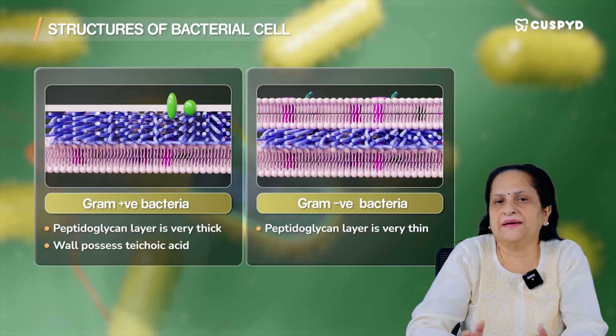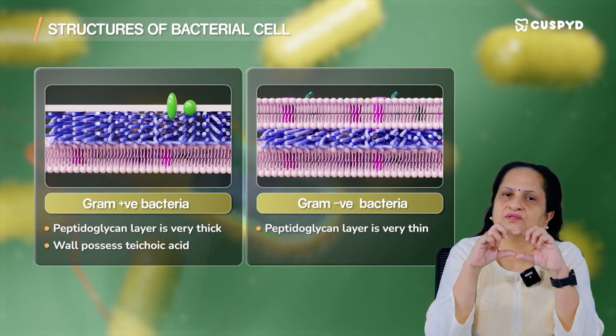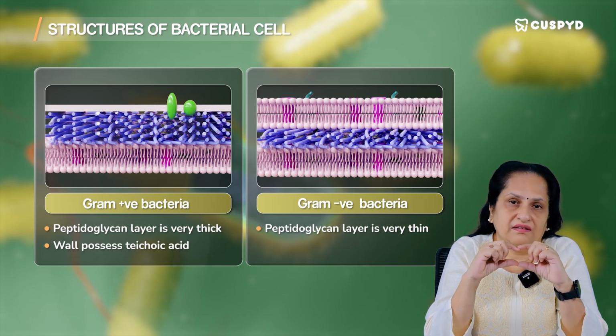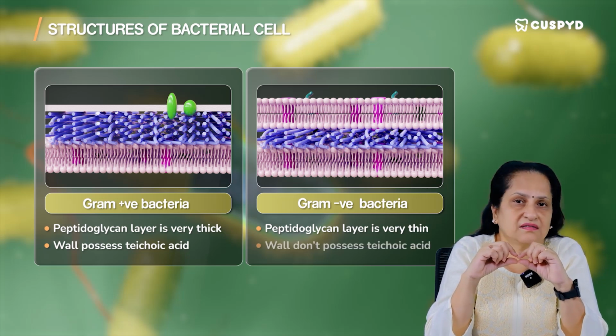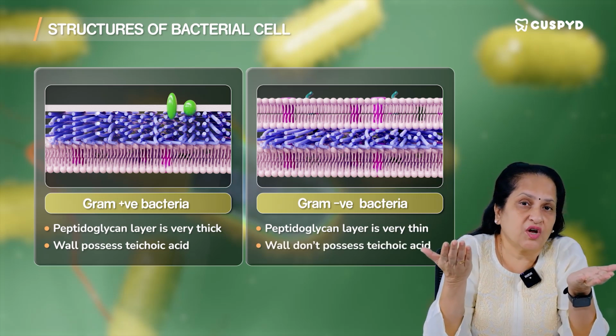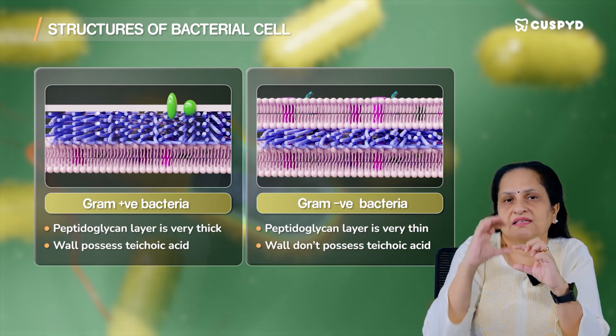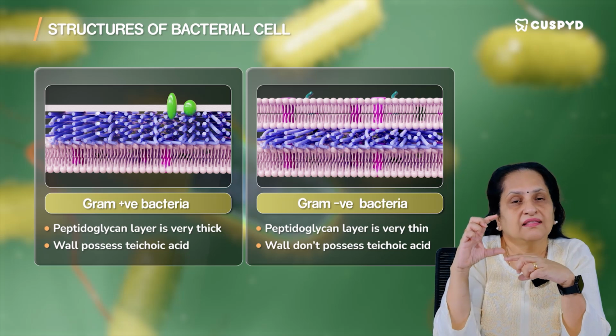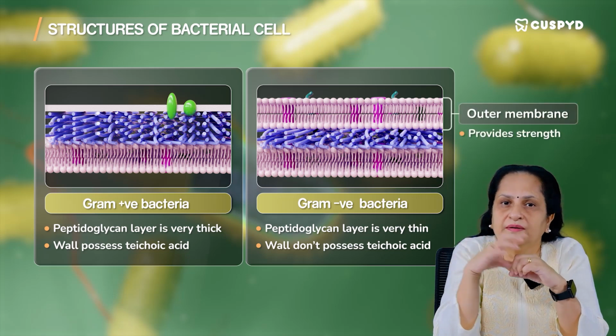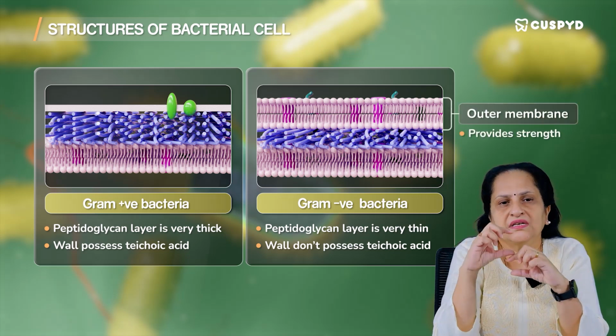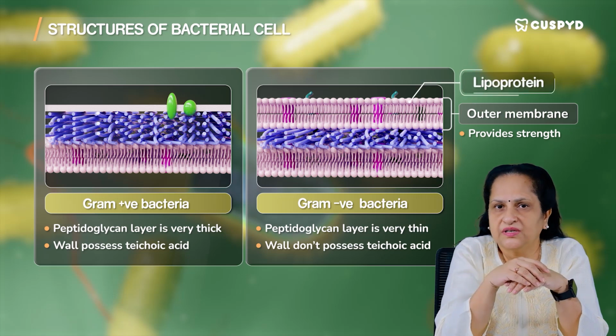In case of a gram-negative bacterial cell, I told you the peptidoglycan layer is very thin. But just because it is thin doesn't mean there is not much protection to this cell. The protection is there because outside this cell, as you can see, there is a very thick outer membranous layer. Now, this outer membranous layer is a lipoprotein layer,